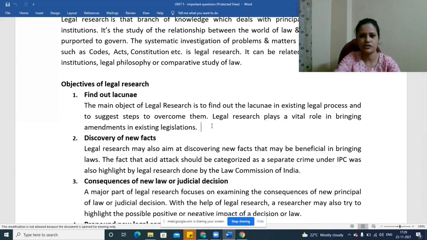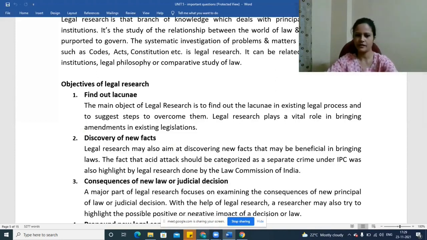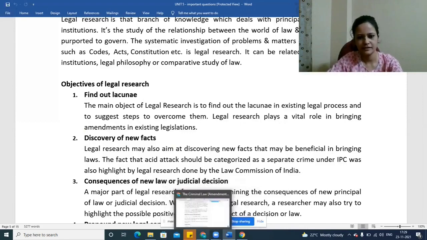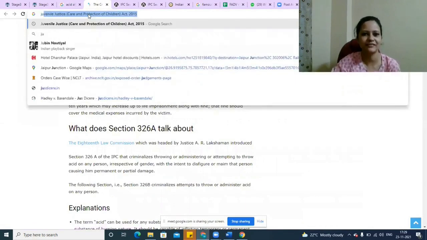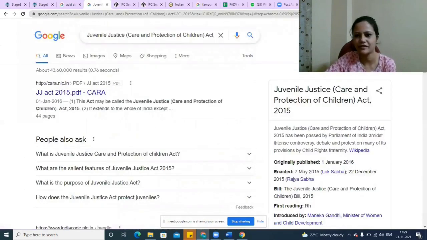Are you aware what that change is all about? Juvenile Justice Act, are you aware? No, I just heard, I think, no, I don't know. No, ma'am, I don't know about it. You don't know? Okay. So are you aware that the main culprit was a juvenile in that case? No? You are not aware? How come? It was everywhere on the news, right? He's working in some dhaba right now, all that was everywhere on the news.